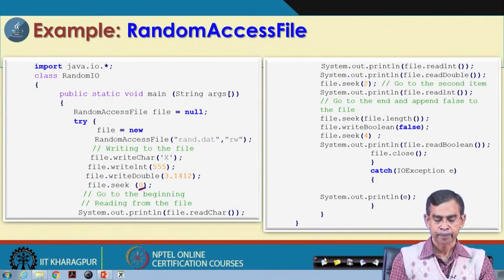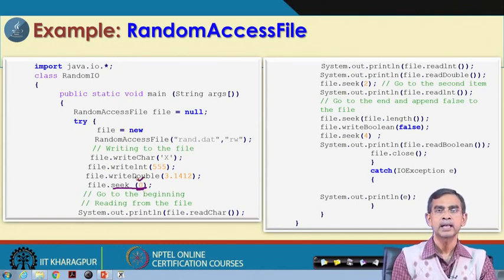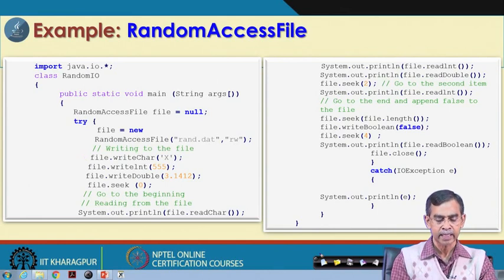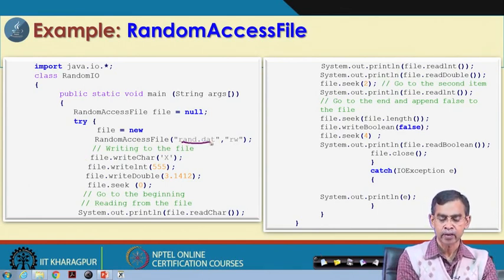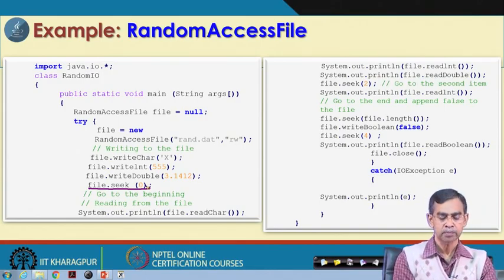Here, file.seek(0) means that we want to locate the file position at the 0th one. In this case, with locations 0, 1, 2, the file pointer will be located at the position where x is written in the file ran.dat. In other words, file.seek(0) means the file pointer will be located at the very beginning of the file.